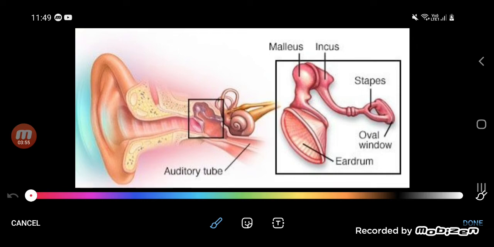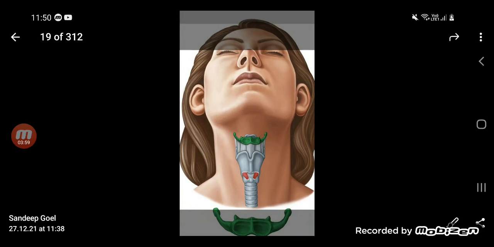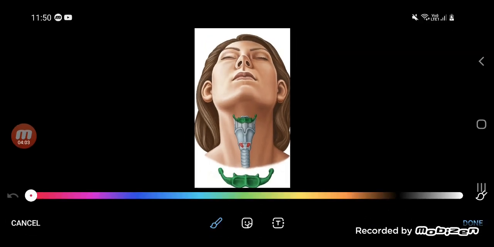So this is all about the 28 bones. Now I am telling you about one extra bone, that is the hyoid bone. This hyoid bone is also called the tongue bone. It is the only bone which is not connected to any bone in our body. It is freely movable, and you can see the shape of it is a horseshoe type bone present just above the vocal cord.